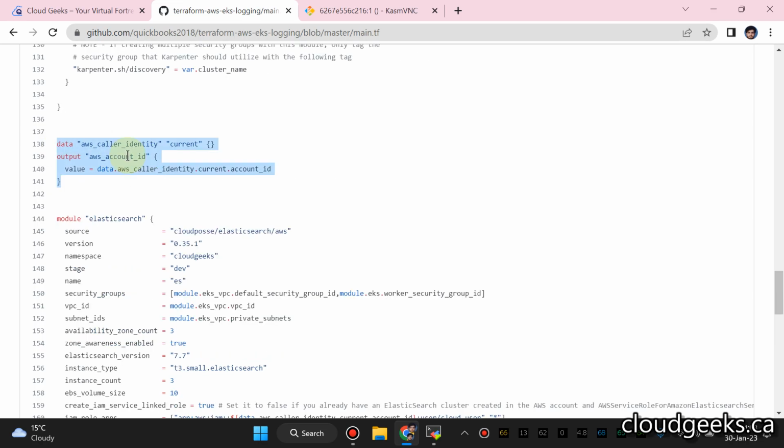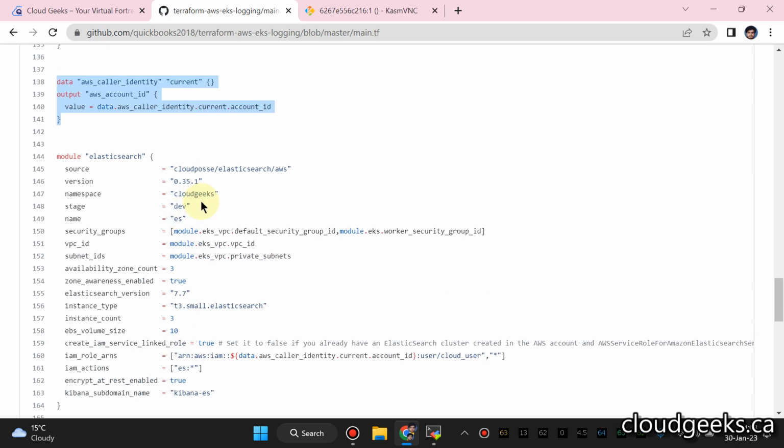use this module of Elasticsearch, right? And we are also going to use the managed module of CloudPosse. This is the module, and this is the version which we are going to use. And definitely, we are updating this particular module with our namespace and stage, so you can update according